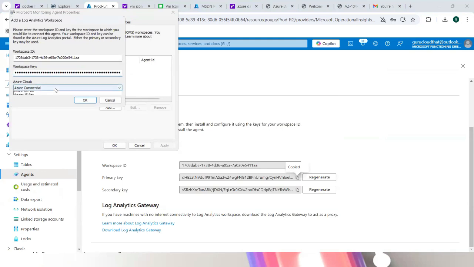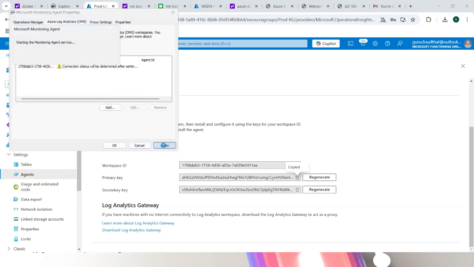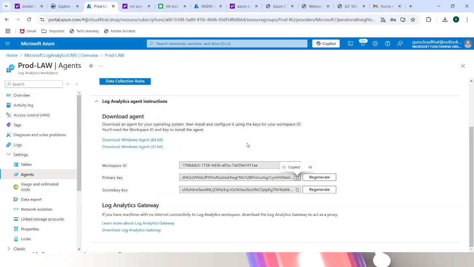And where you're going to use it, I'm using the commercial because it's a commercial. I cannot use it in the US. If you're in US government, you can use the US government or China, depending on your environment. So I'm using commercial. Apply it. So once I apply, it will check the connection, and it will enable